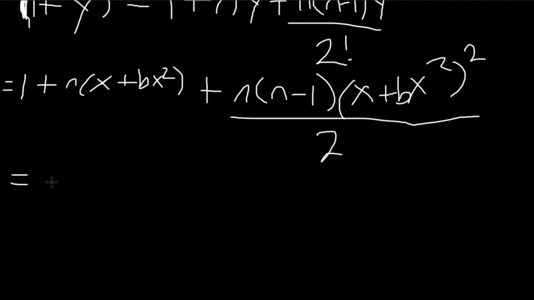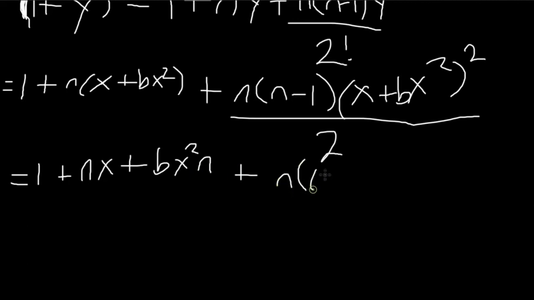So this is what we're going to do. So we're going to say 1. When we expand this, we're going to have nx. We're going to have 1 plus nx, then plus bx squared n this side, and then we have plus this. I'll just write it the way it is, n open brackets n minus 1